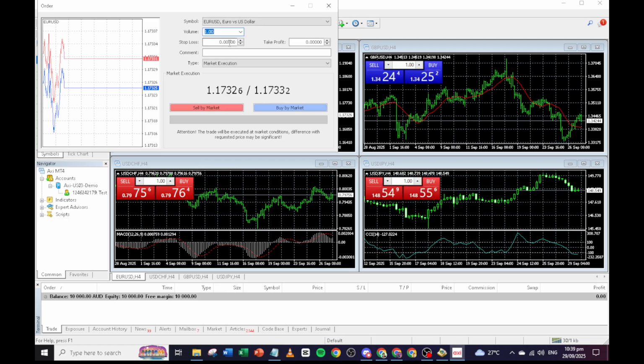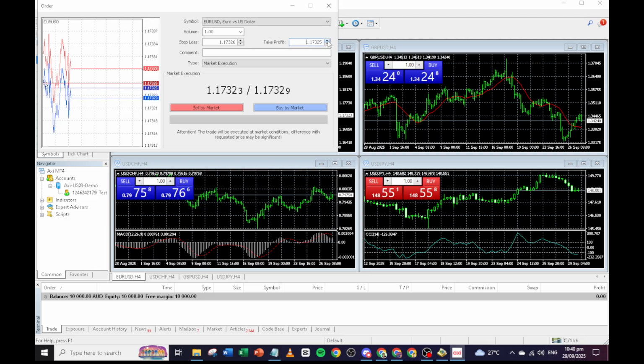To help manage risk, you have the option of setting stop loss and take profit levels. While this step is optional, it is highly recommended. Setting these levels in advance ensures that your trade will automatically close when it reaches a certain profit level or a predefined loss, protecting your investment.